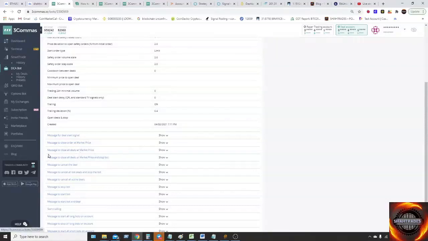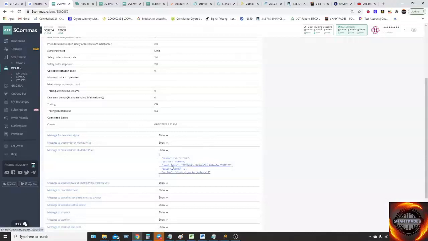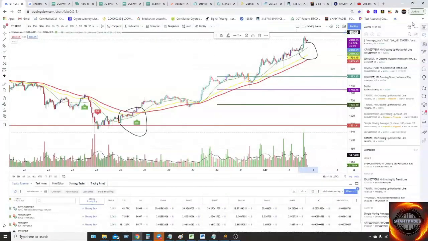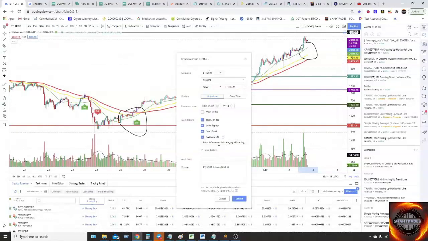So there is a message to close all deals at market price. Simply click on this, come back here, create a new alert. Your webhook is already active.